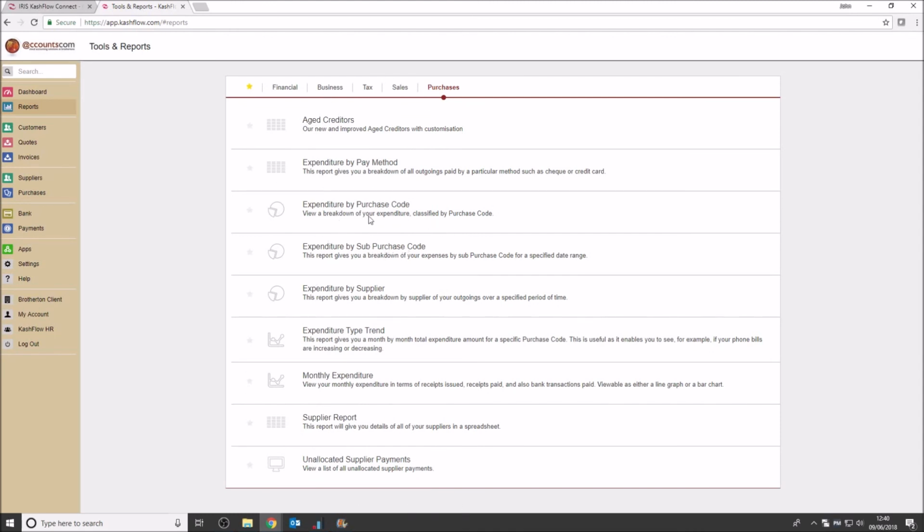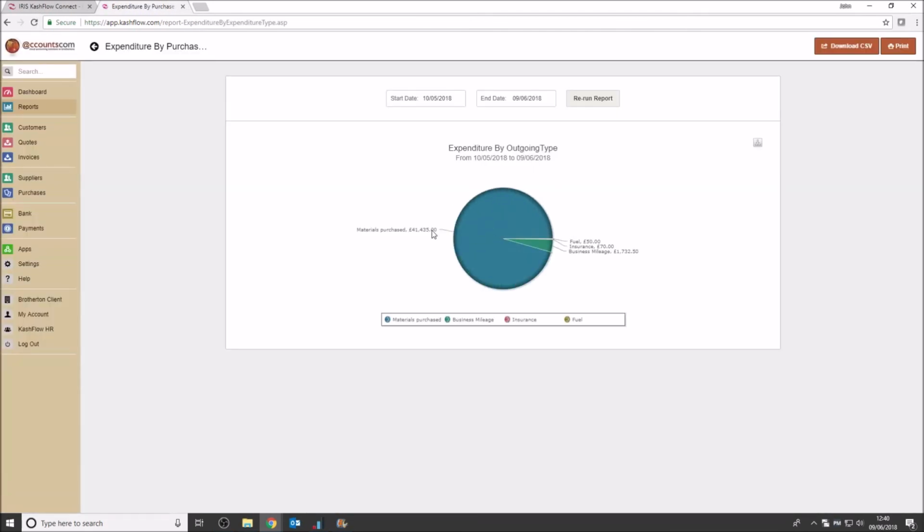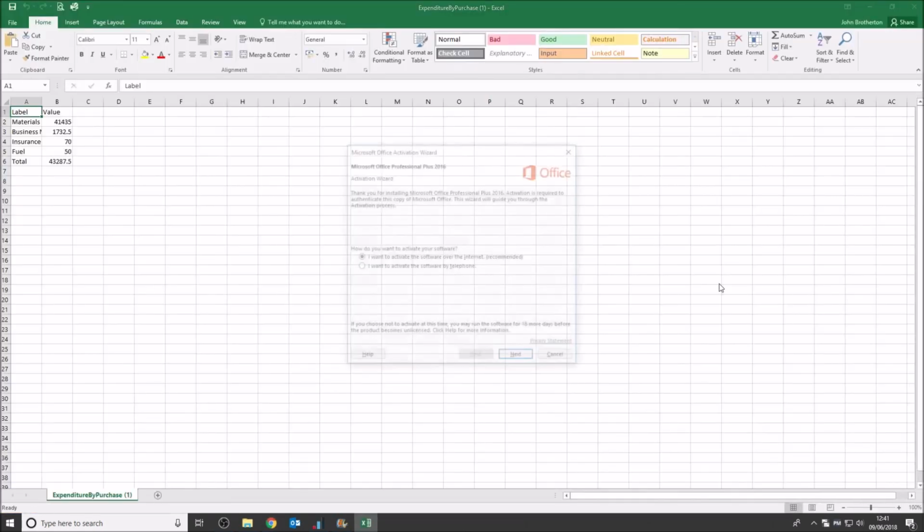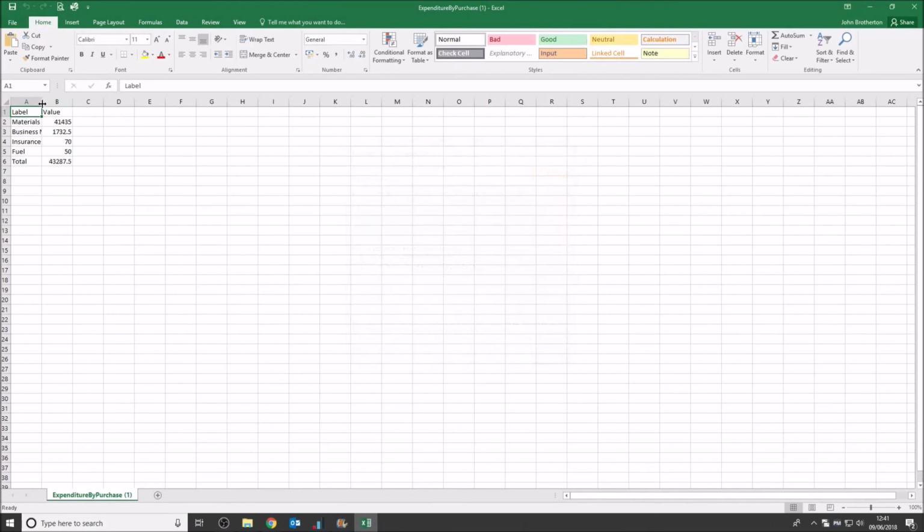Now within here there's expenditure by purchase code, so we can click on there, and that just runs us through a quick pie chart of what we've bought. So just as a quick overview, we can see there that the materials purchased is 41,435. So other postings that we've done, not in this video. We've got fuel of that, insurance, and then this is the business mileage that we've recorded. We can download CSVs of these as well, so that's really useful. So that brings up an Excel spreadsheet